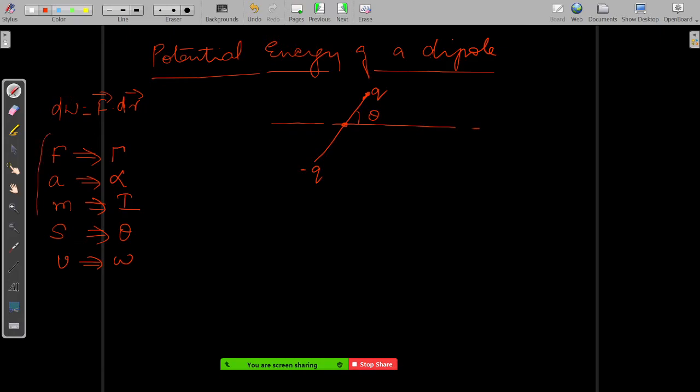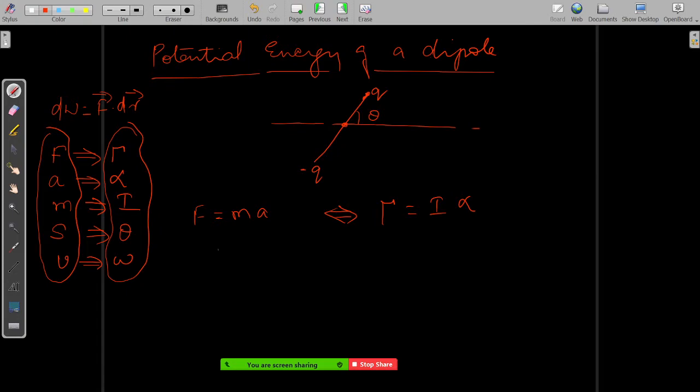These are the things of linear motion which we have studied, and these are related to rotational mechanics. And all the formulas, if you see, you will find the same thing. Formulas like force is equal to mass into acceleration basically become torque is equal to I alpha in rotational mechanics. Similarly, kinetic energy is half mv square; in rotational mechanics it becomes half I omega square. m gets converted into I and v gets converted into omega.